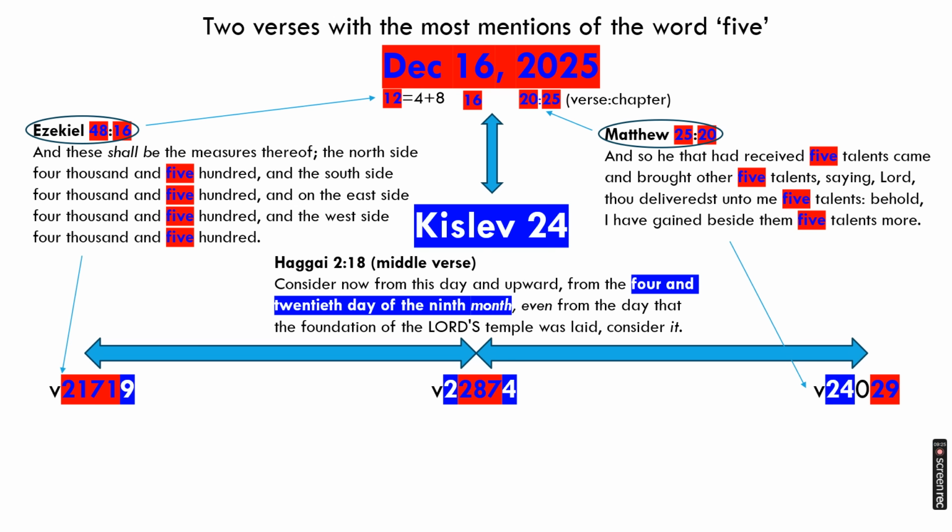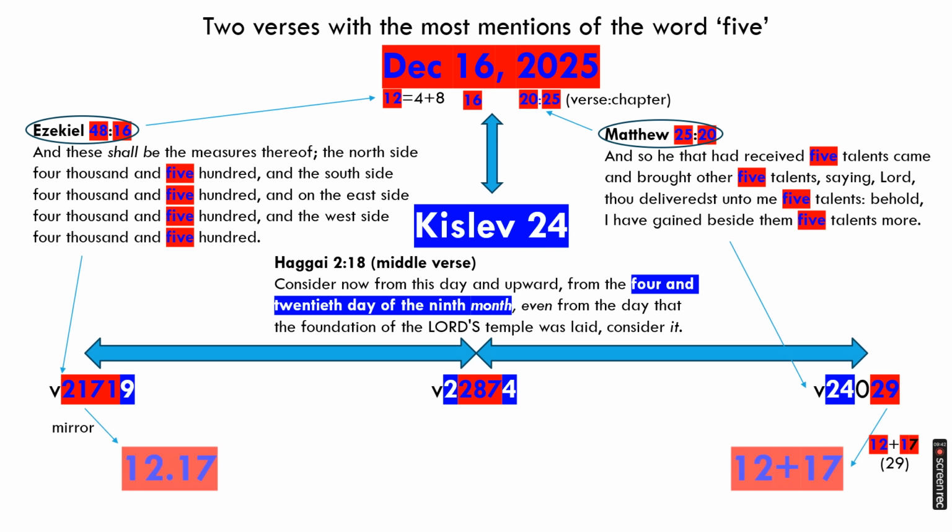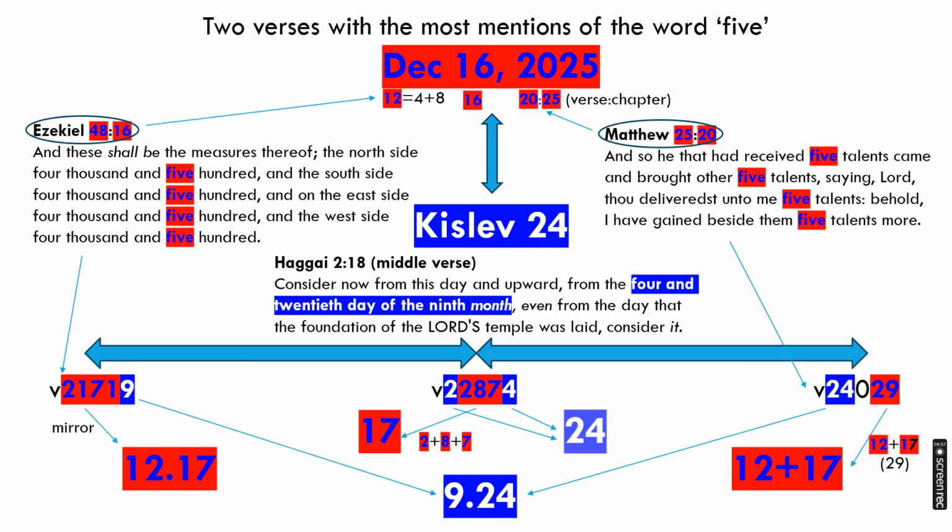I want to wrap up the first segment in this slide before dropping the smoking gun bombshell. I want to show you even the month and day are hidden in the chapter and verse numbers of the 3 scriptures here. December 17 is hidden twice in the 2 bookend verses. The Hebrew date Kislev 24 is also hidden here. Both 17 and 24 are hidden in the middle verse, the Hanukkah verse.